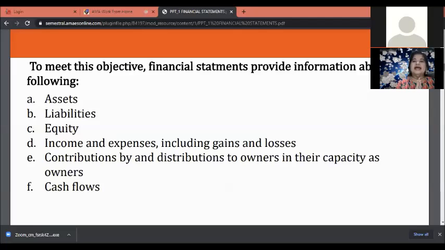Contributions by and distributions to owners in their capacity as owners. Okay? So this is more of the capital investment coming from the owner. Capital investments may be in the form of cash, and they can also be coming from contributions by the owners if it is a partnership. There are a lot of instances where you don't have the cash, but you can be considered as